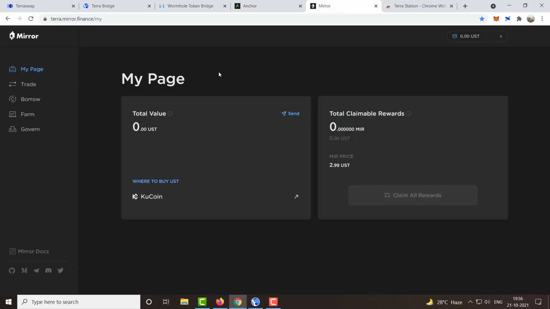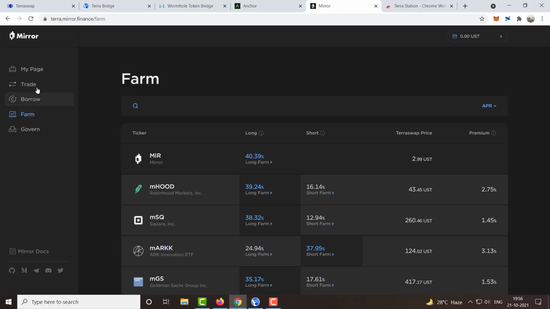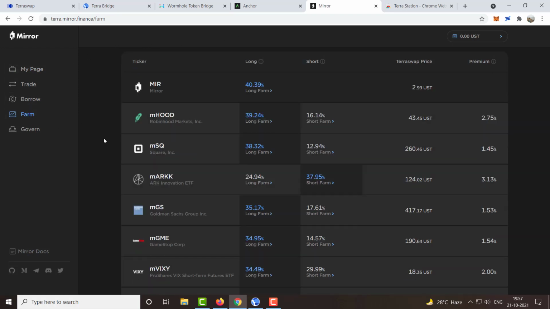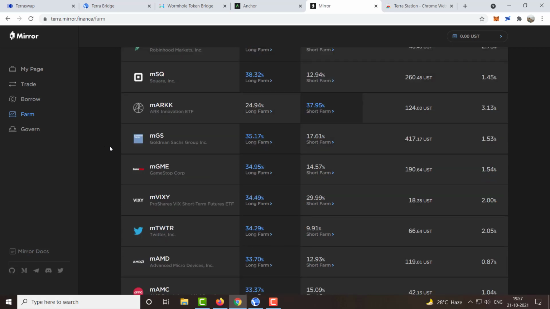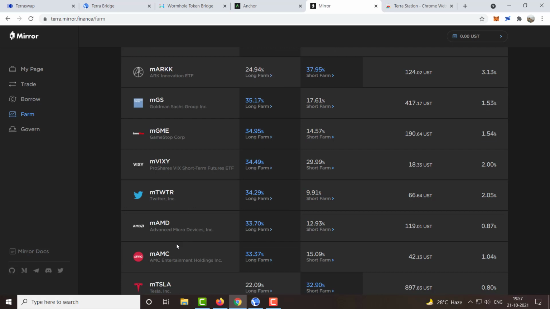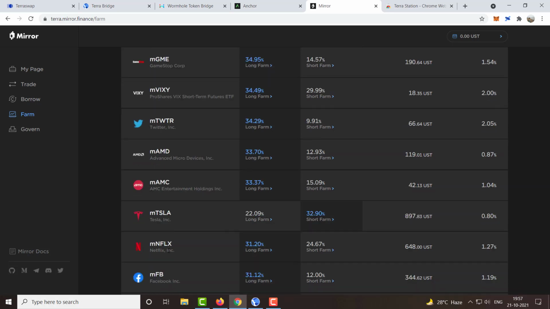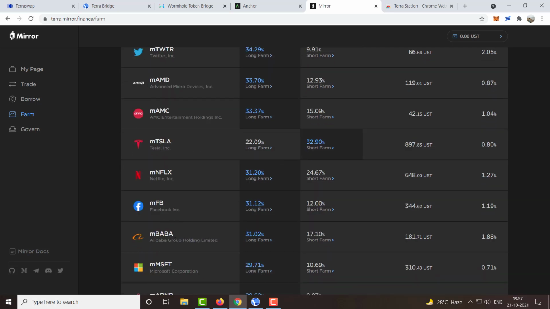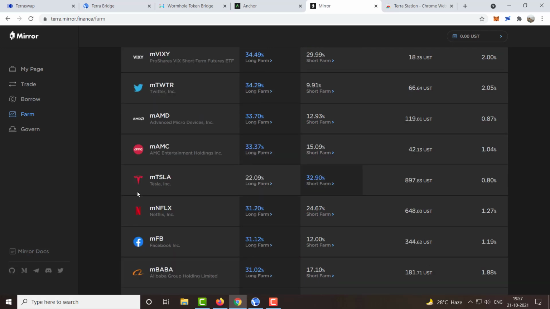This is called Mirror. Basically, on this platform you will be able to trade your favorite stocks. So let me show it to you guys. Once you come over to this website and go to the farm option, as you can see, this website will have your favorite stocks like Twitter, AMC, Tesla, Netflix, Facebook, Alibaba, everything will be here.